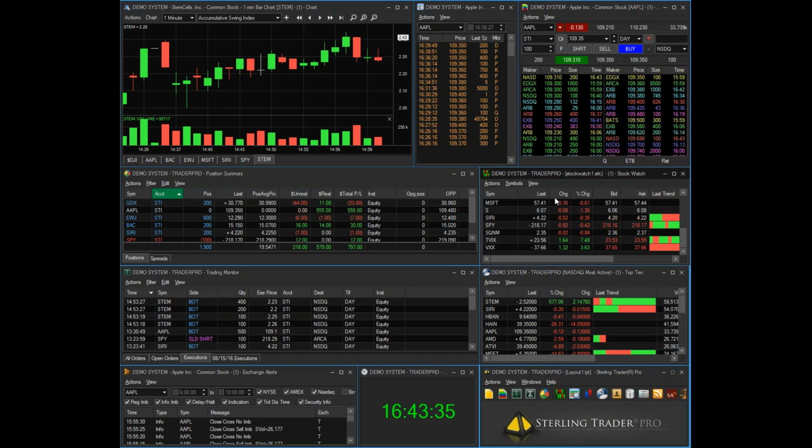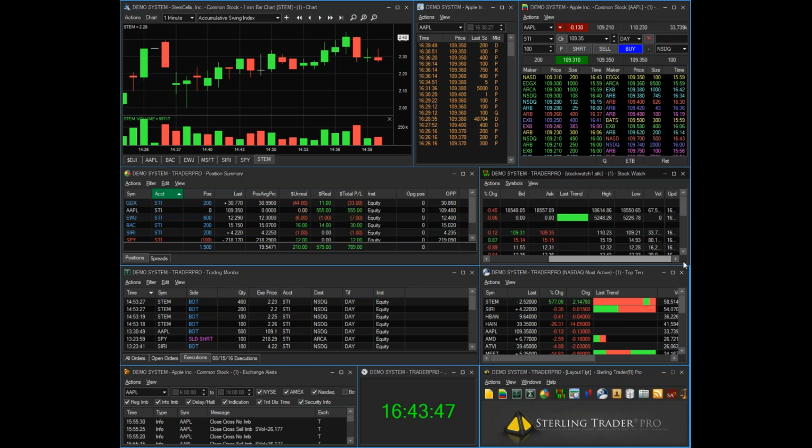Moving over to the Stockwatch. Stockwatch is simply a ticker list. It's one spot for you to organize all of the market data, all of the symbols that you want to track quickly and easily. Again, like the other windows, I'm showing some of the most common data elements, but there's